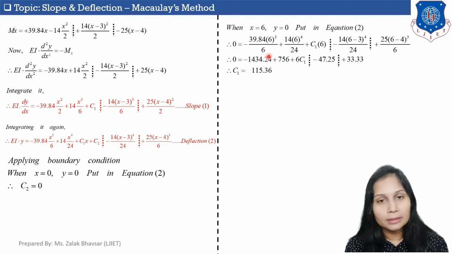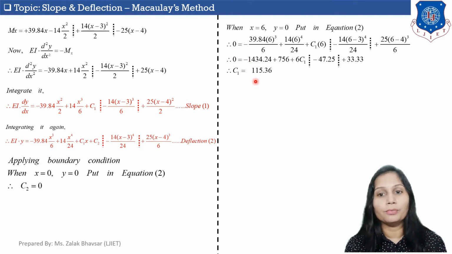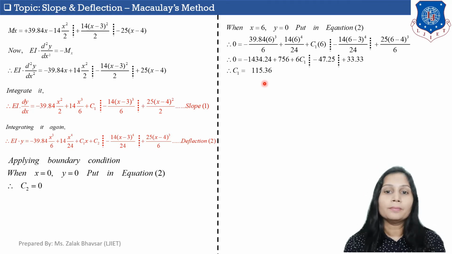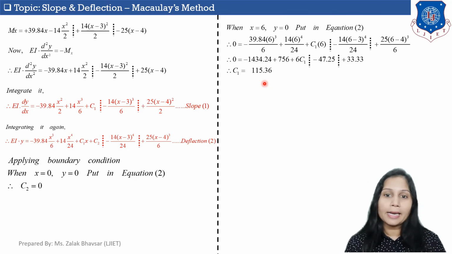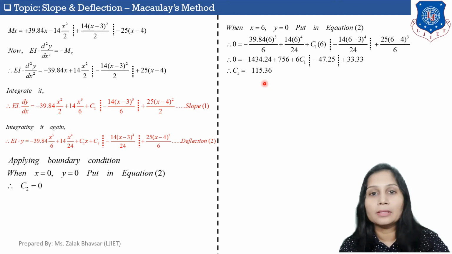If I solve this, then I will get the value of C1 equal to 115.35. Okay, so we completed step number 4 also, and we get the value of C2 equal to 0 and the value of C1 equal to